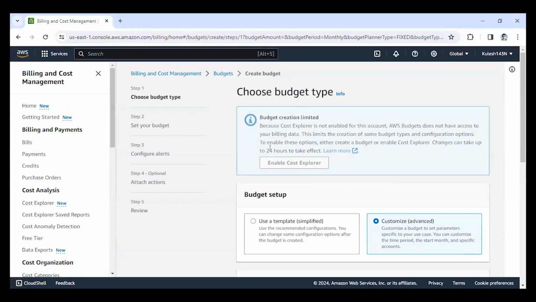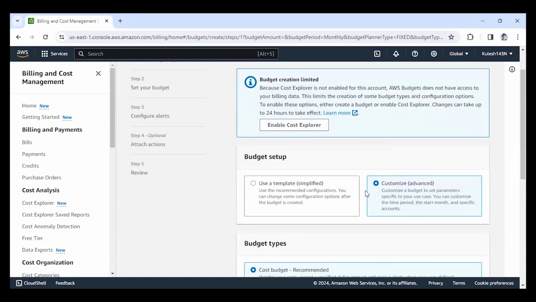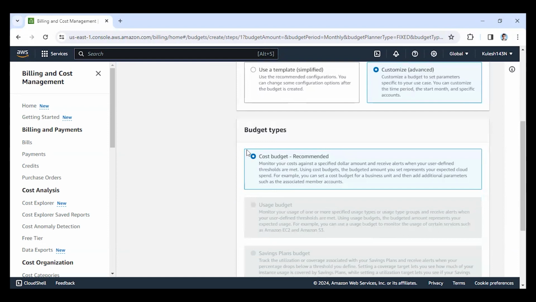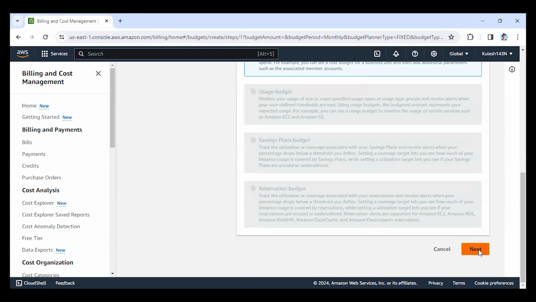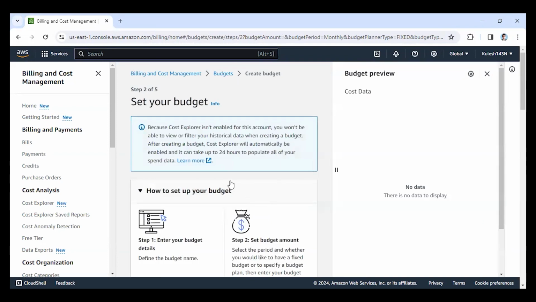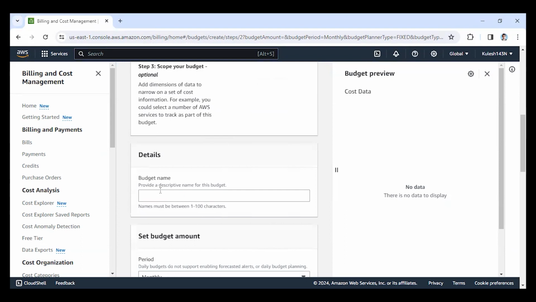So we click on this, and there are 5 steps. So here for the budget setup, we use customize, and we'll choose budget type as cost budget recommended, and then we'll say next. After that, we are in step 2 of our budget. So here we'll give a budget name. I'll give this as budget KM,